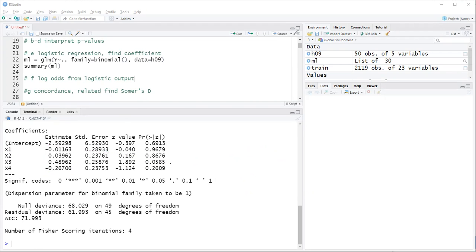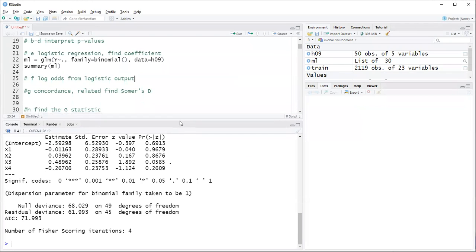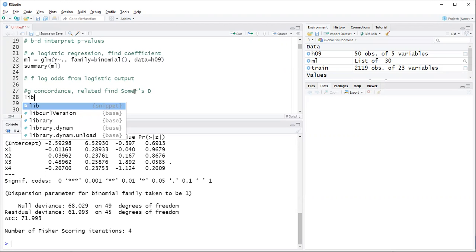So that's hopefully a little helpful in just thinking about what those coefficients mean. It probably takes a little bit of work looking at the equations, some practice, but hopefully it's just a little refresher there. So we want concordance and then also Somers D, right? These are two different measures of fit for our model, and they're going to involve some different